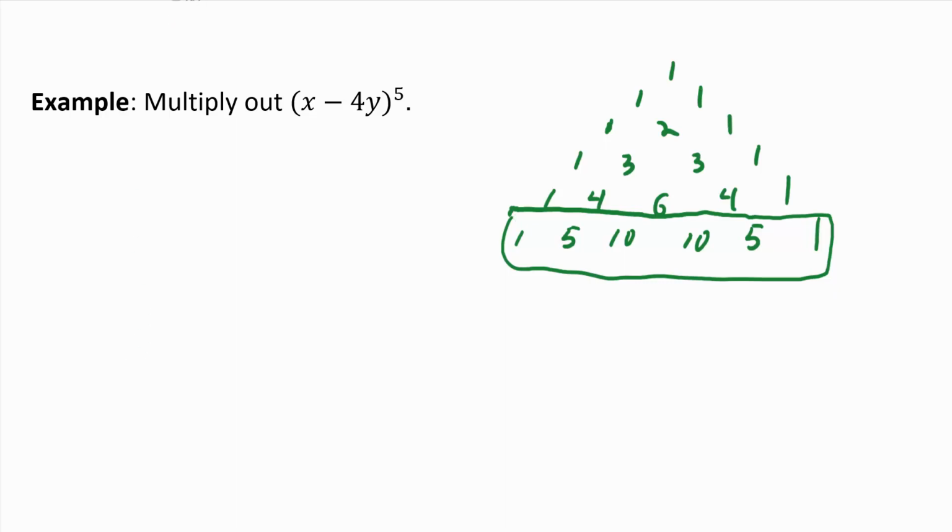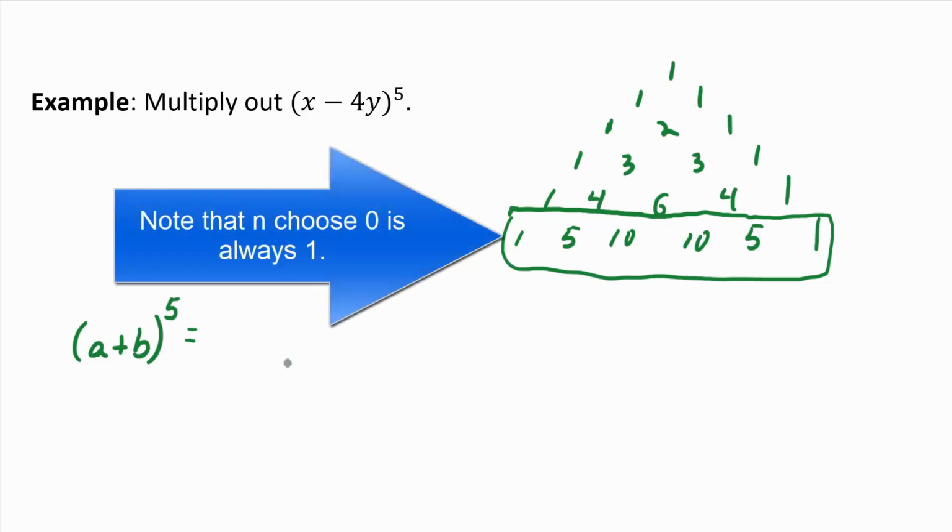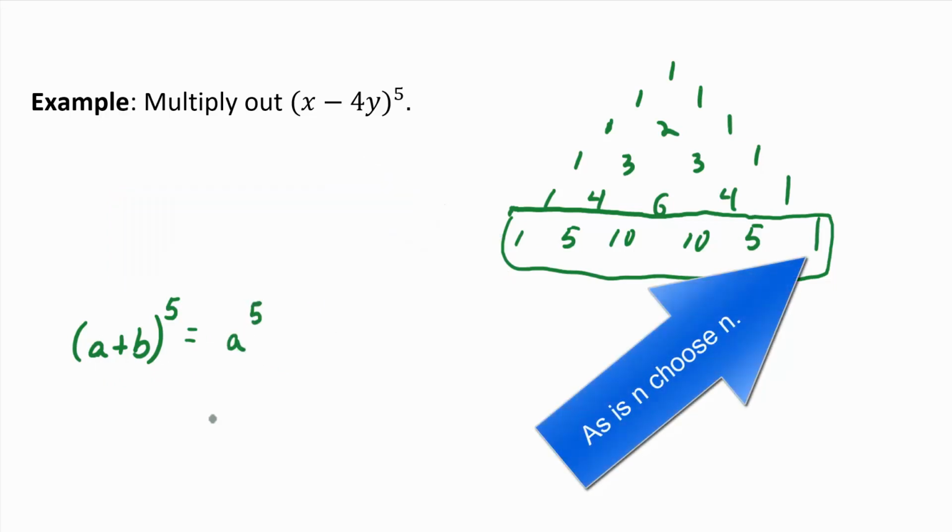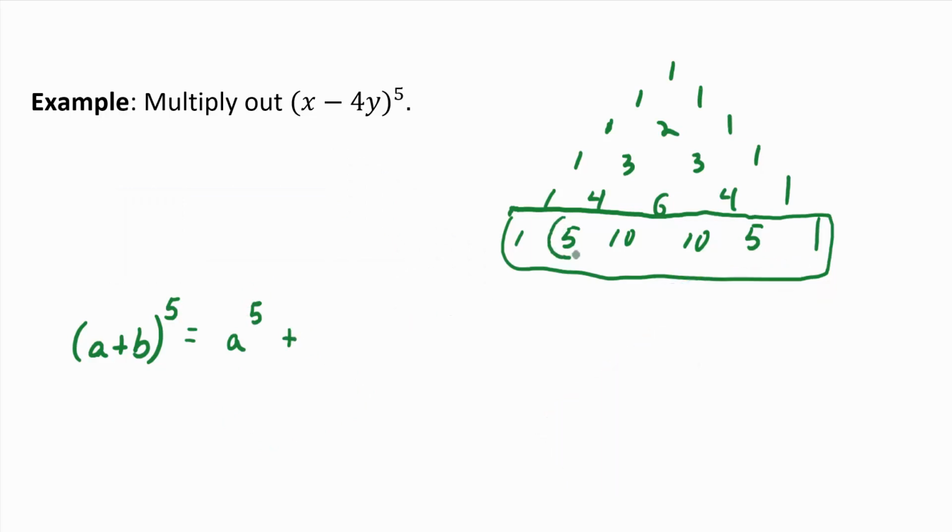So let's write down the generic binomial expansion, a plus b to the fifth. What would a plus b to the fifth power be? You should know that the first coefficient is going to be 1 without even looking at this. So the first term is going to be a to the fifth. Plus, use the next binomial coefficient from the triangle. 5 times, what's a going to be here? 4, it goes down by 1. And then b to the